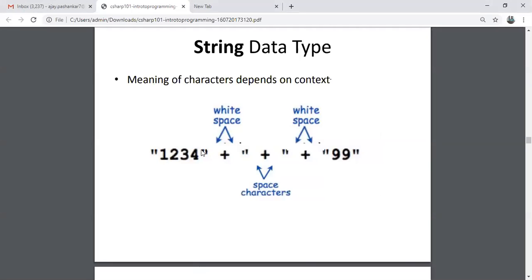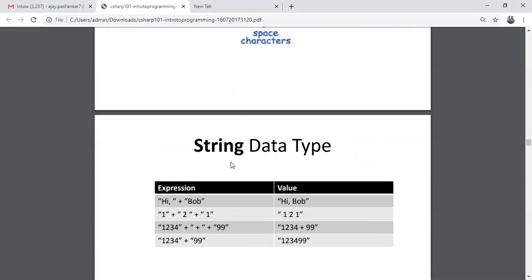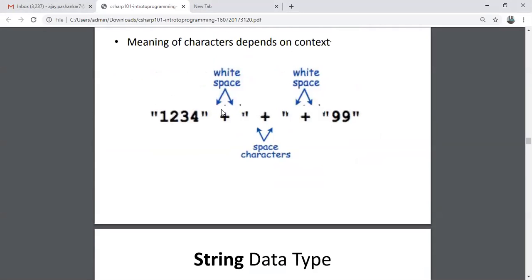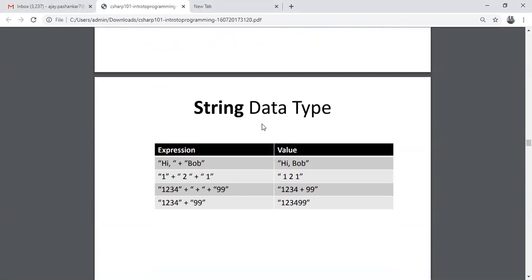This is your space just before plus sign and after plus sign, this is known as white space. So this can be removed by using trim operation, trim, RTrim, LTrim. Then we have string data types.